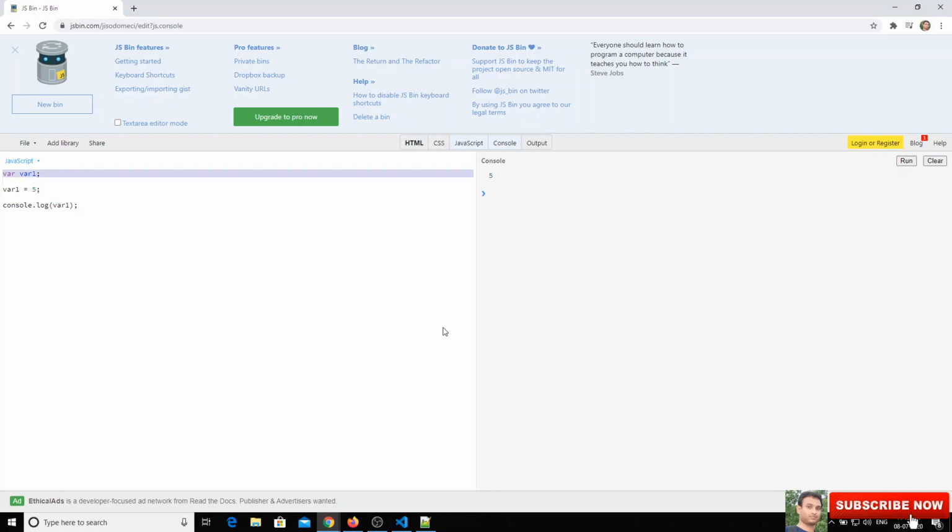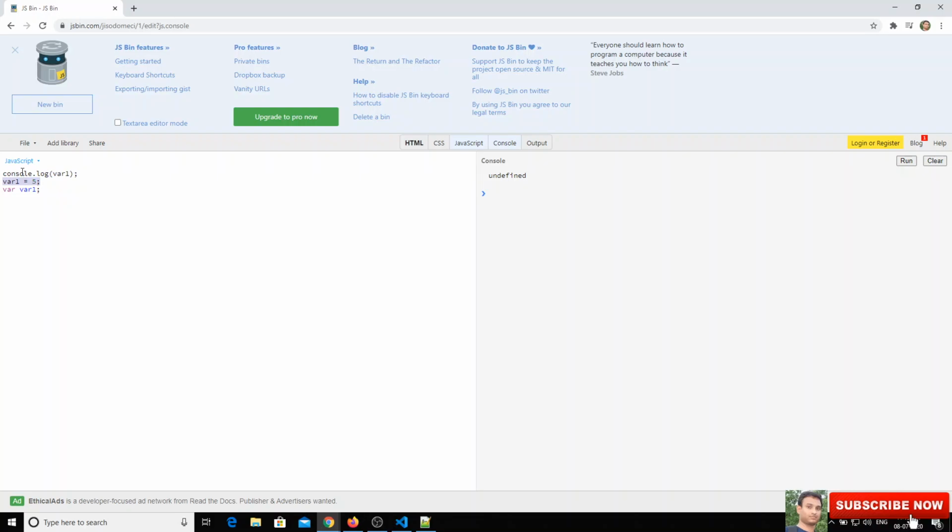Now I will copy these two lines and paste them below, and remove this one. What do you think the output will be? Now if I look here, you are getting undefined. Why? Because declaration of the variable is not that important; initializing the variable is important.